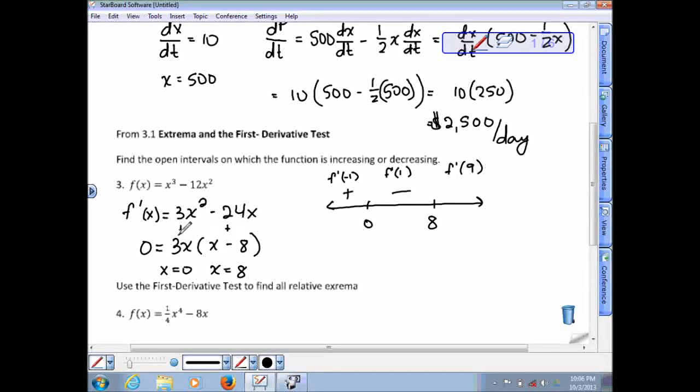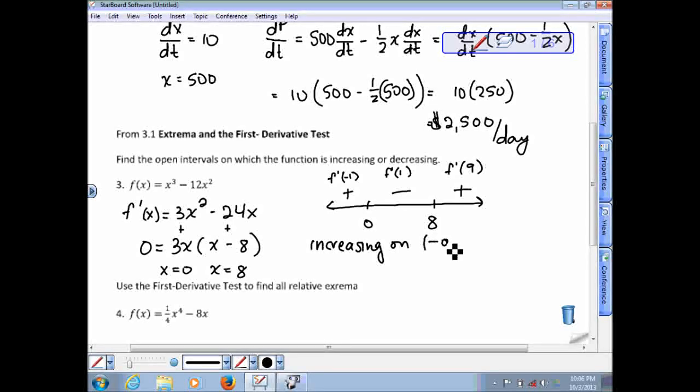9 minus 8 is another positive number. Positive times a positive, positive. What this means is any number that we would have chosen in this interval plugged into the first derivative function is going to yield a positive value. That means the function is increasing on this interval. Okay? Increasing